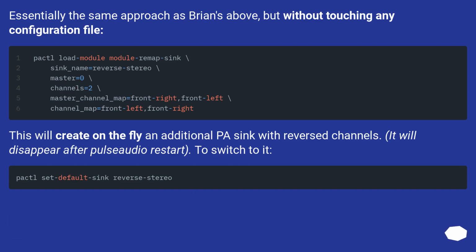Essentially the same approach as Brian's above, but without touching any configuration file. This will create, on the fly, an additional sink with reversed channels. It will disappear after PulseAudio restart. To switch to it,